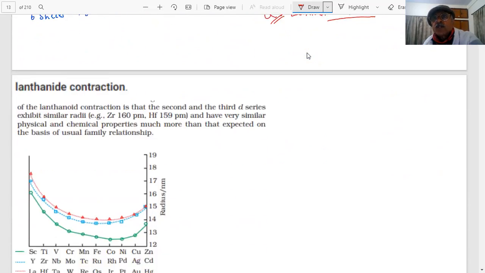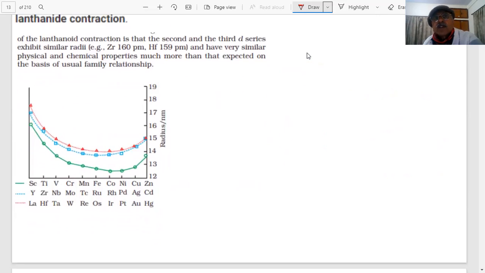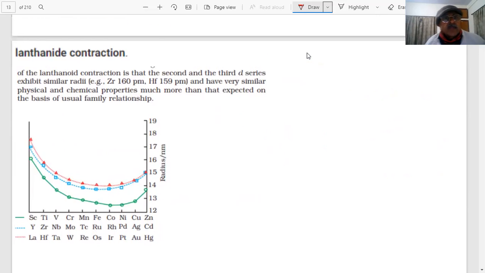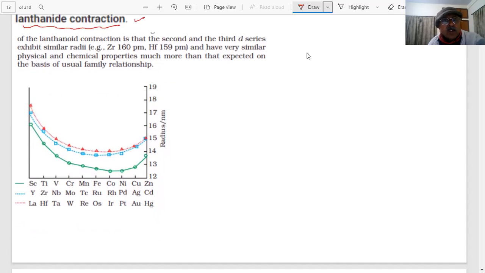Now I am coming to the most important part, where questions are asked, students. I am talking of lanthanoid contraction, just as I told you. Here I have shown you a picture; this is the radius in nanometer. There's a table and graph in the book. You will see in every book there is a graph, because this is an important point, an important question. Radii in nanometer, these radii are increasing, increasing.